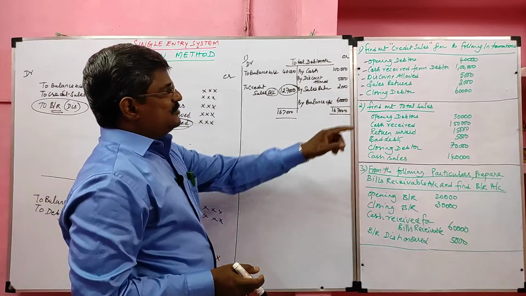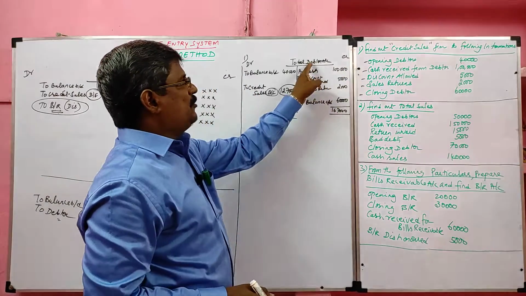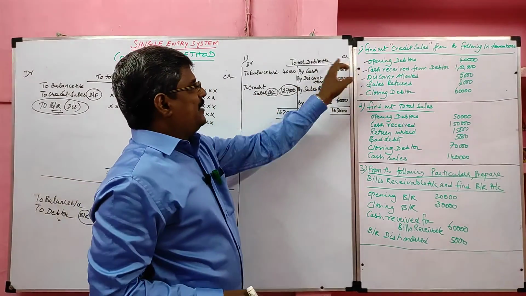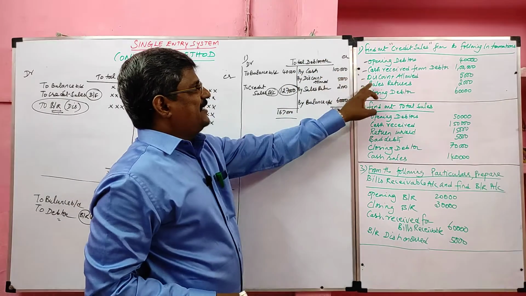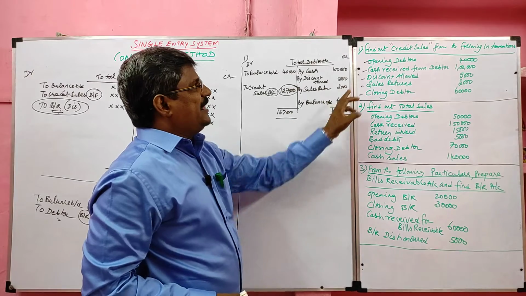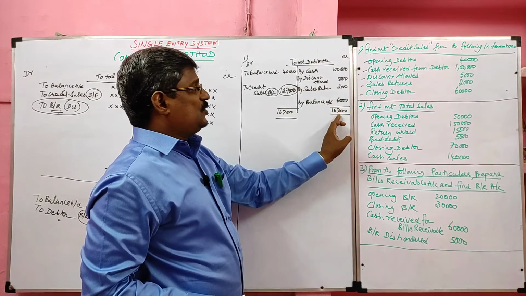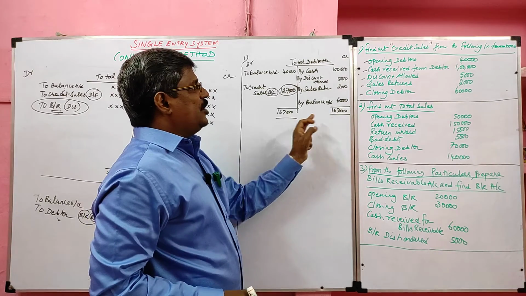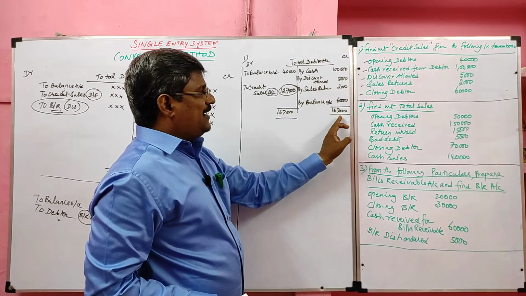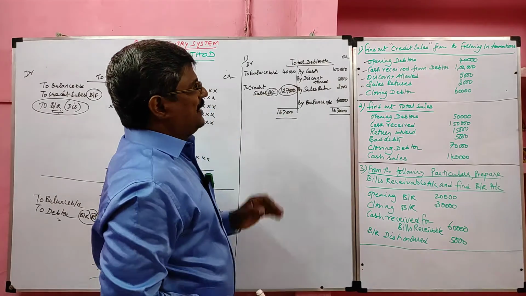Once again, students, they are asking us to find credit sales. If you want to find credit sales, we have to prepare the total debtor account. Opening debtor, debit side. Cash received, credit side. Discount allowed, credit side. Sales return, credit side. Closing debtor, credit side. They are asking credit sales. Definitely the credit side total is heavier than the debit side. So first you should total the credit side value, bring it to the debit side, and find the balancing figure, that is called credit sales.